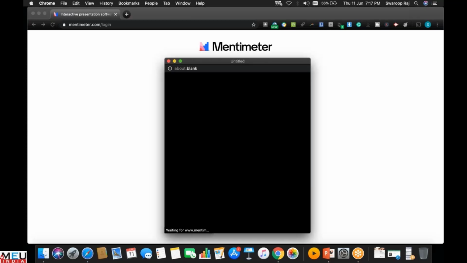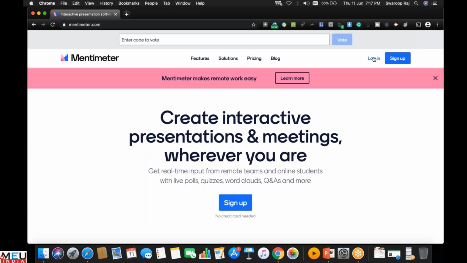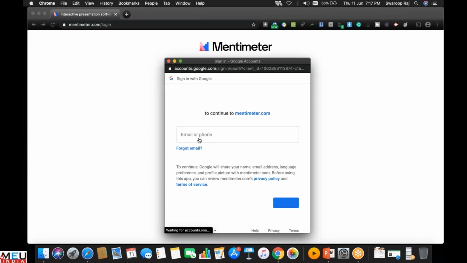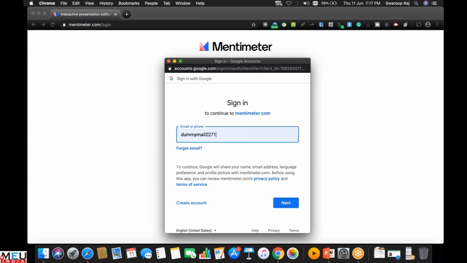I'll click login with Google, and here I've already signed into my Google account, so it's immediately taking me in. Otherwise it'll ask you to enter your Gmail ID and password. You can give the email ID that you have created for these online tools, or if you want to use your personal email ID, you can use that one too.